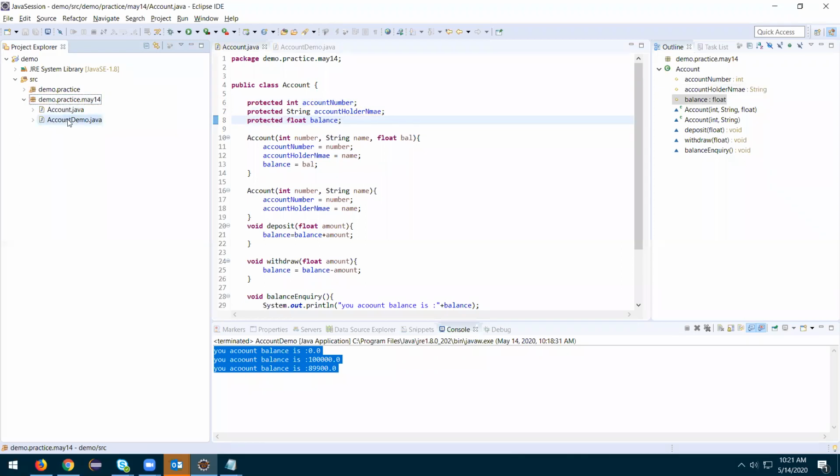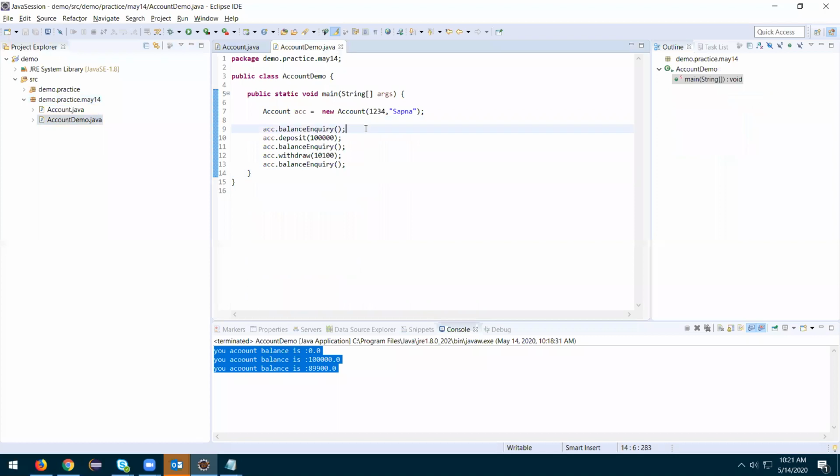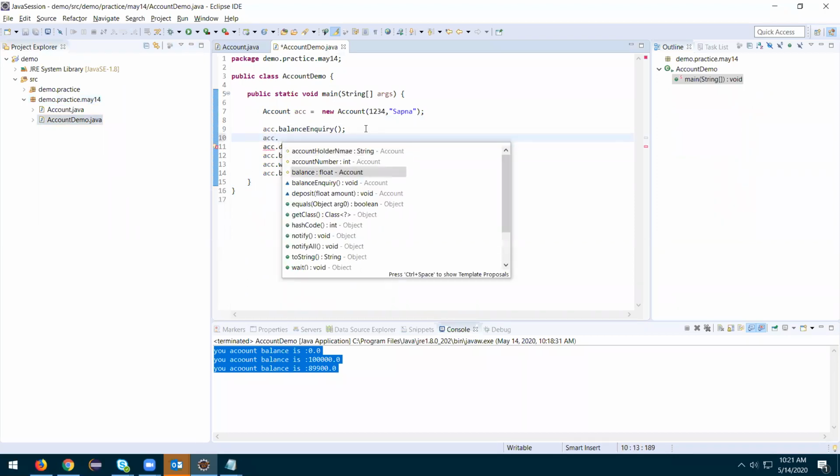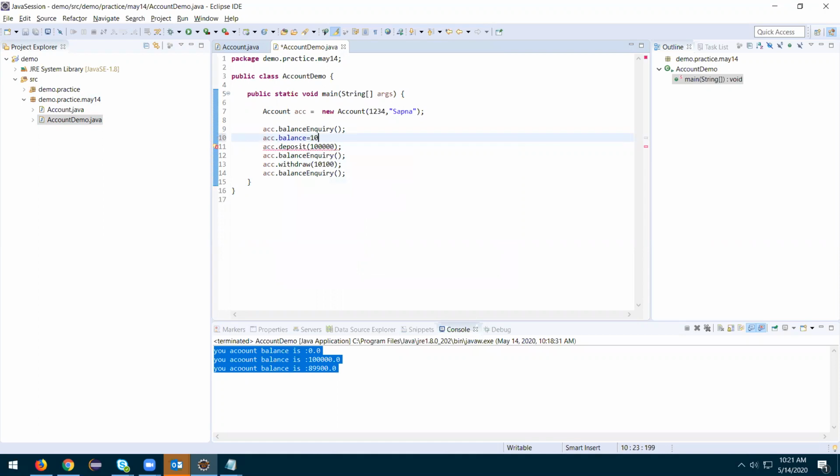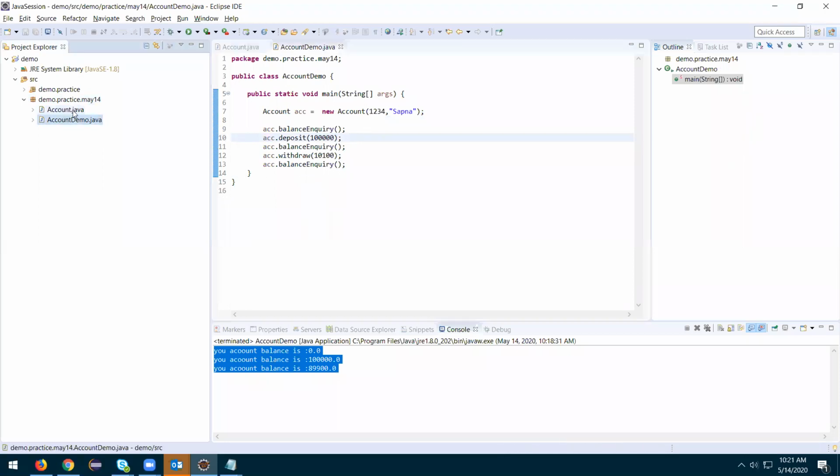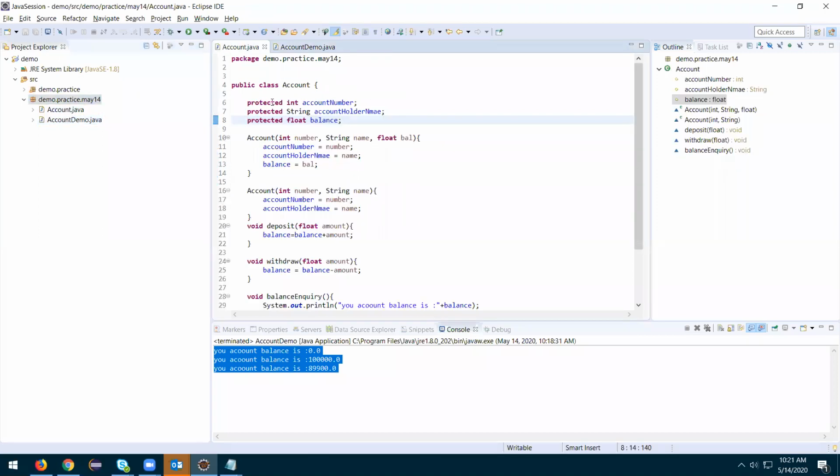Let's suppose account demo is in the same package. That's why if you directly do acc dot balance, we can access it, because they both share the same package. That's why if it is protected, you can access it.